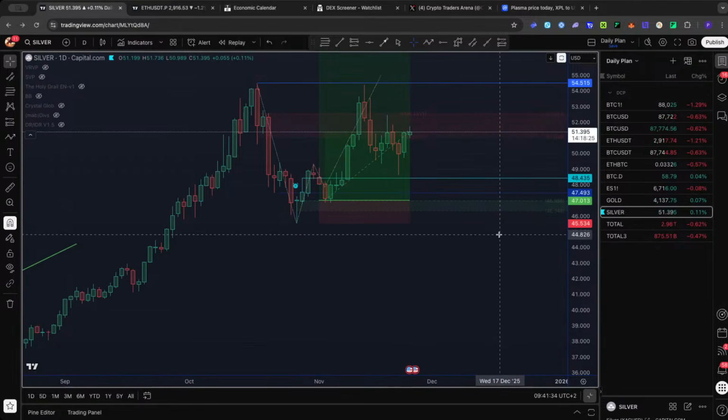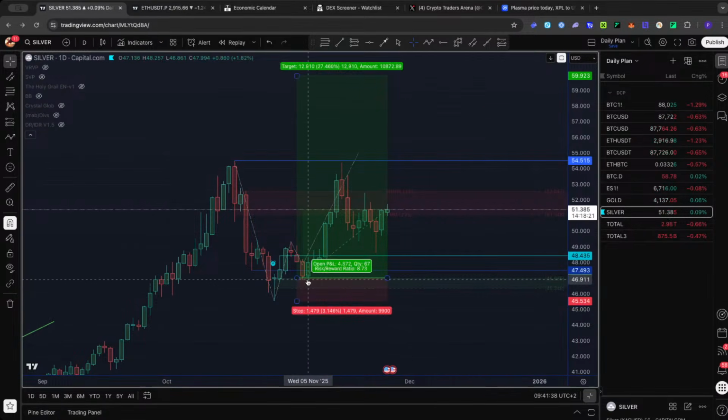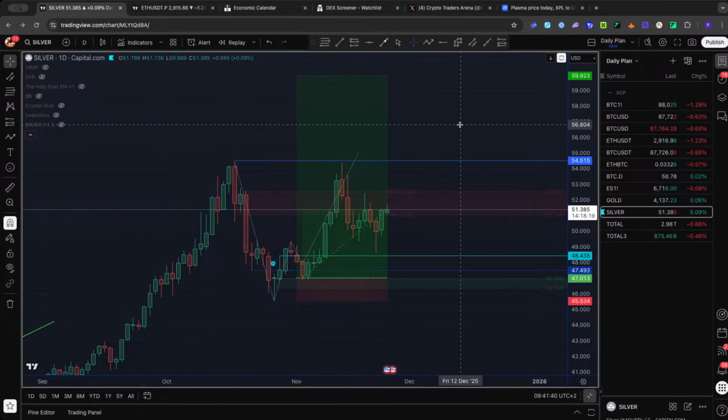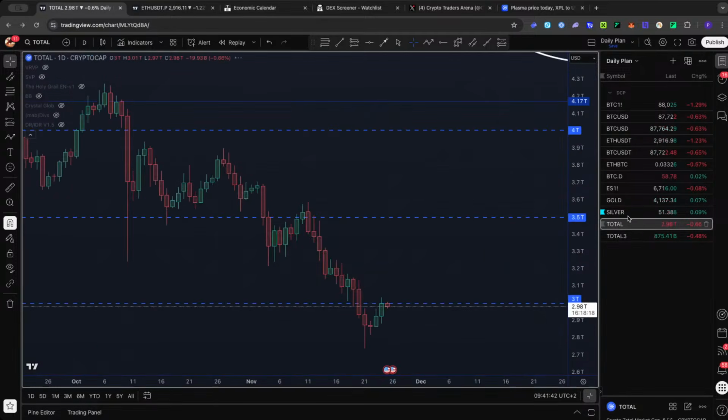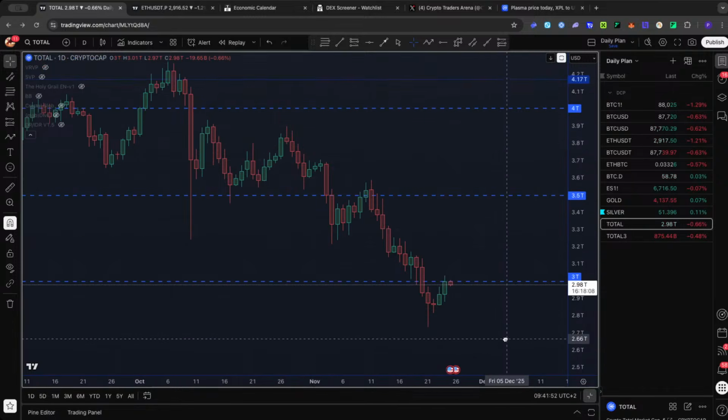Silver, you know it's a range for the moment here. I'm long from the bottom and I'm more than happy to hold it. Total market cap is still fighting 3 trillion. It's that simple. We have the same pattern exactly like on Bitcoin. Nothing special. We are not fighting 3.5, we are not fighting 4, we are not fighting higher. No, we are fighting 3 here.